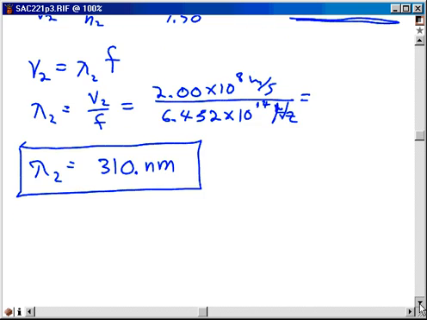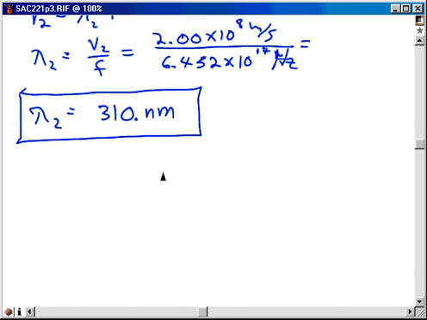And indeed, the wavelength of the light in the glass is 310 nanometers. That's our answer for